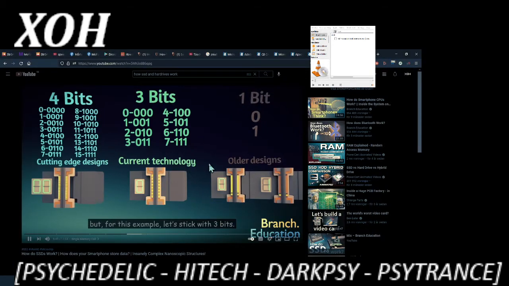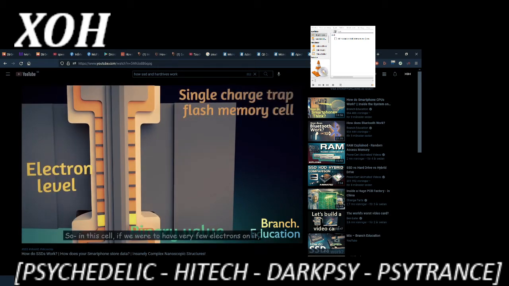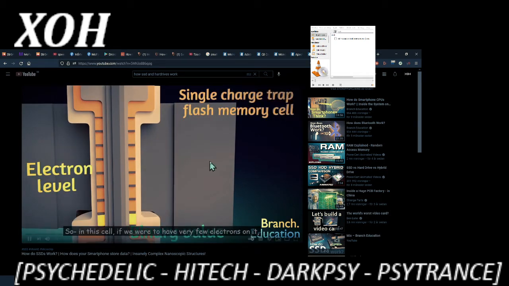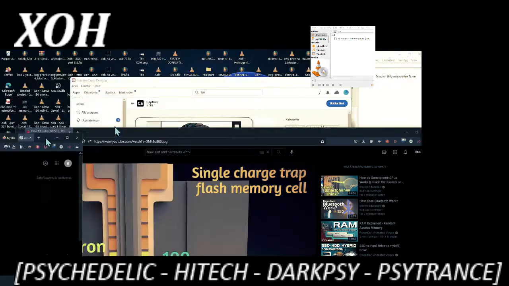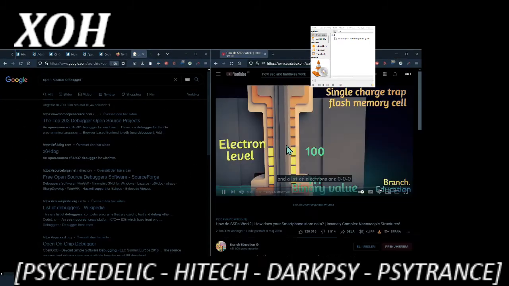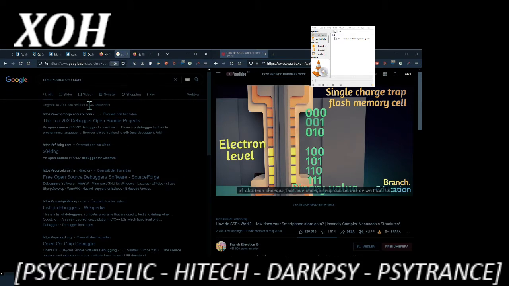can now hold 3 or more bits. For this example, we're going to stick with 3 bits. So, in this cell, if we were to have very few electrons on it, it would be 1, 1, 1, while some electrons get designated as 1, 0, 0, and a lot of electrons are 0, 0, 0. There are 8 different levels for all the various amounts of electron charges that our charge trap can be set